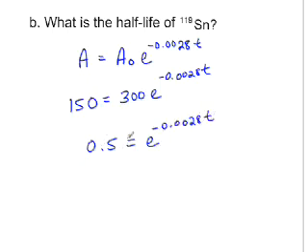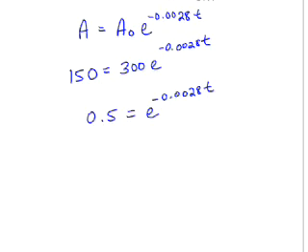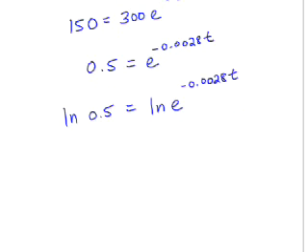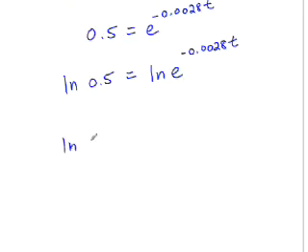equal to e raised to the negative 0.0028t power. To get t out of the exponent position, we'll take the natural log of both sides. So the natural log of 0.5 equals the natural log of e raised to the negative 0.0028t power. And on the right hand side, the natural log and the exponential function are inverses of one another, so they cancel each other out, and we're left with negative